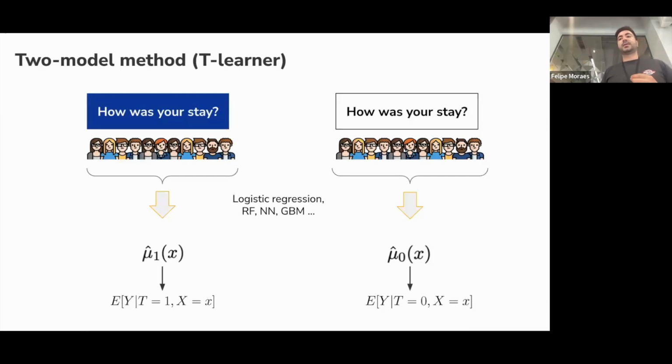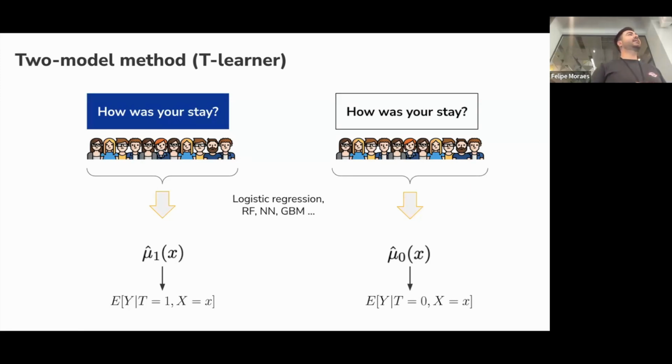For the T-learner, you have data coming from your treatment, on the left, and data coming from your control. And you want to run two models where you learn the outcome of your experiment, the outcome of a specific user. So you fit one machine learning model and learn this outcome. These models we call the base learners.